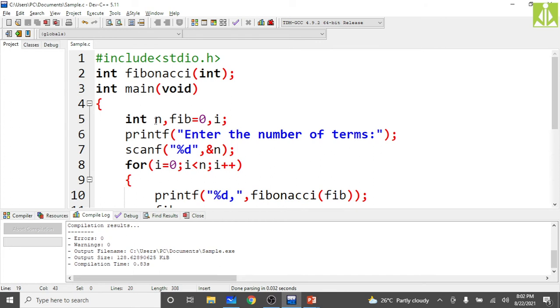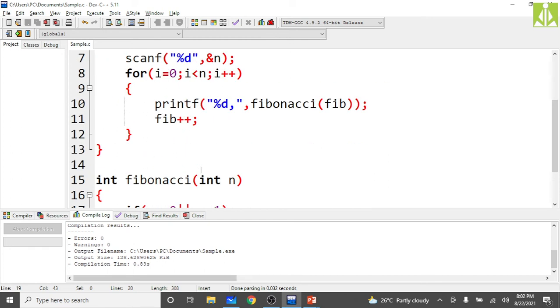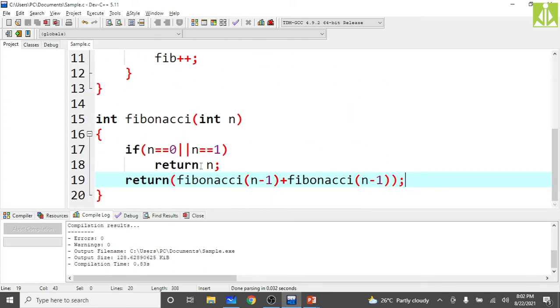Yeah, here you check. Here you see, we said Fibonacci of n minus 1 and Fibonacci of n minus 2, but what I have done is Fibonacci of n minus 1, Fibonacci of n minus 1.